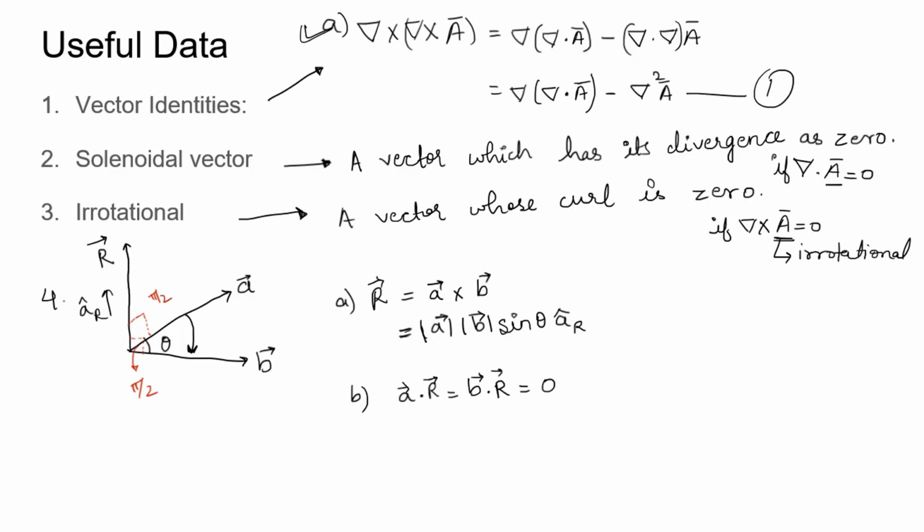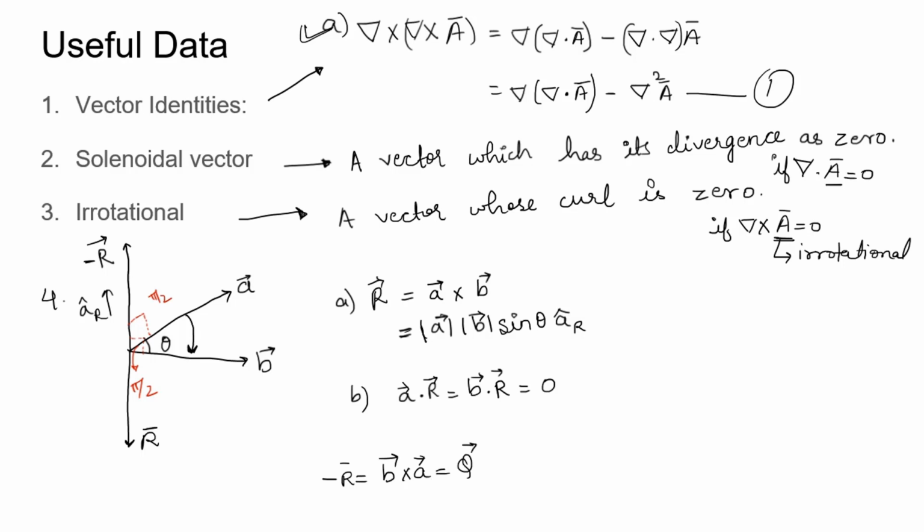I'm sorry, this one is wrong. It is actually minus R. Okay, this will be minus R. So the resultant vector will be facing downwards. Okay, this will be R. And what is minus R? Minus R is nothing but, I write it here, minus R is equal to B cross A, right? So this could be, say, some other vector Q.